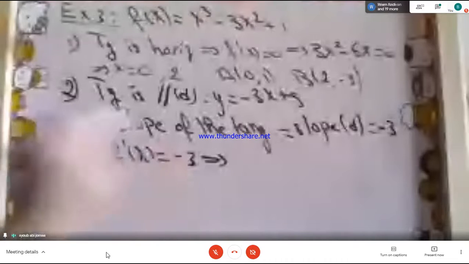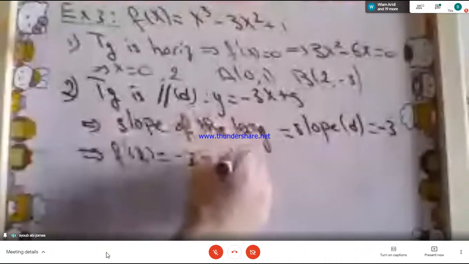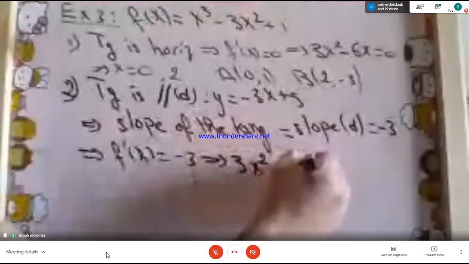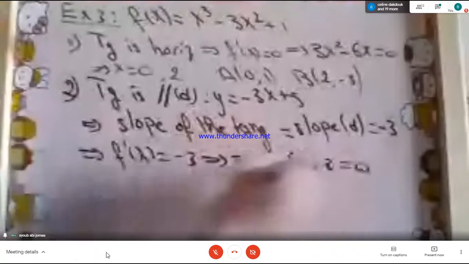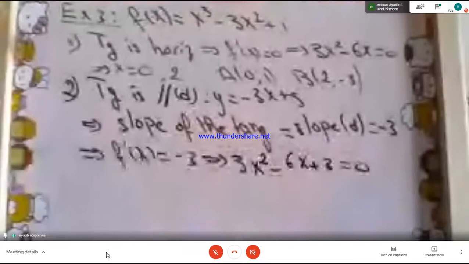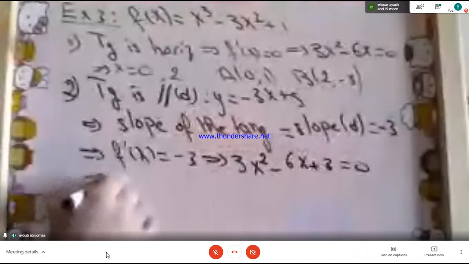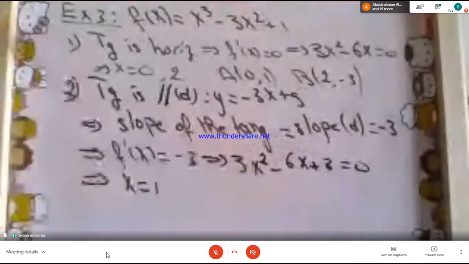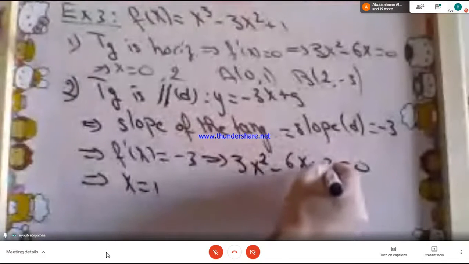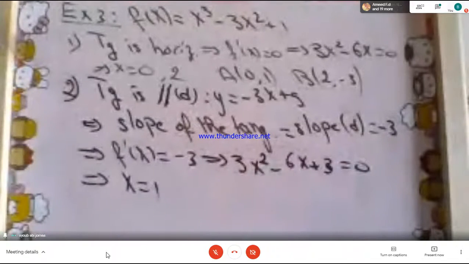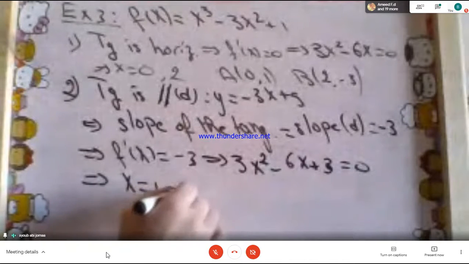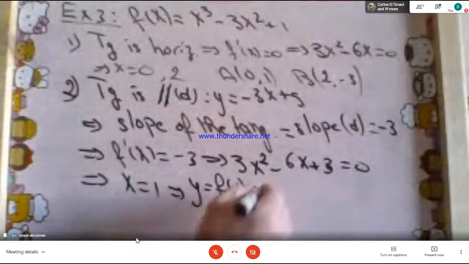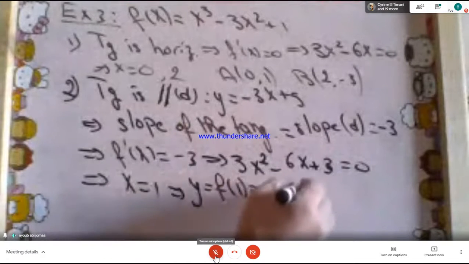Now f prime of x is equal to negative 3. It means that 3x squared minus 6x plus 3 equals 0. Take 3 to the left side. Type solve this equation. You get x equal 1, only one root. That's a quadratic equation. You can solve it. Okay, x equals 1. That means that y is f of 1, which is equal to negative 1. So the point here,